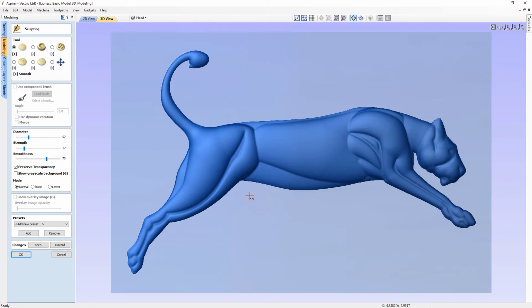So now we're going to look at blending in all of the edges of our model using the smooth tool. Okay, so we're just going to increase the diameter, just make that around 73, and I'm just going to increase that strength to around 40. Okay, so something like that. And then what we're going to do is we're just going to take that and we're just going to go around our model, and I'm just clicking everywhere, just dragging back and forth,